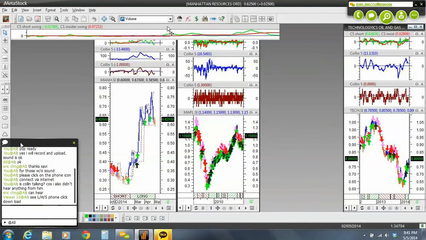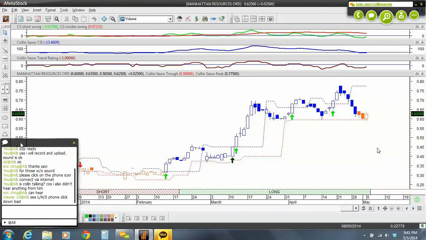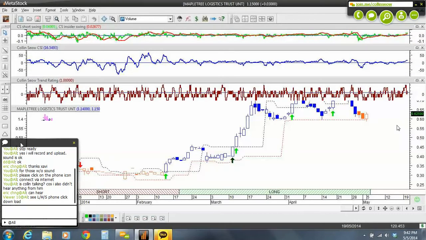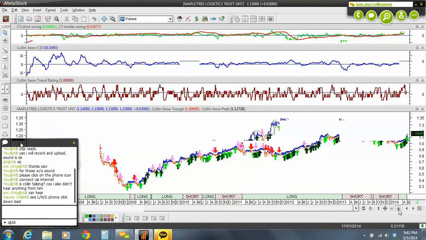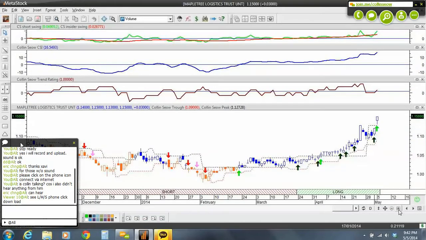Next, we have Manhattan Resources. Today it has a strong signal, but you know from this system that for Manhattan Resources you can't buy already. So Manhattan Resources, we take it out. Next is